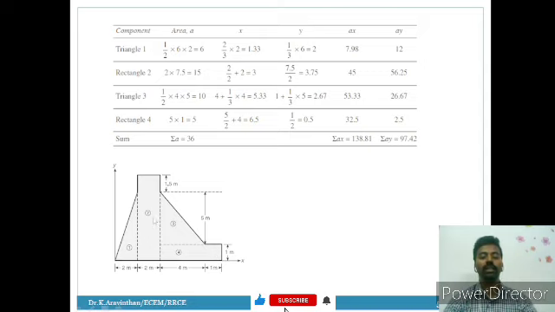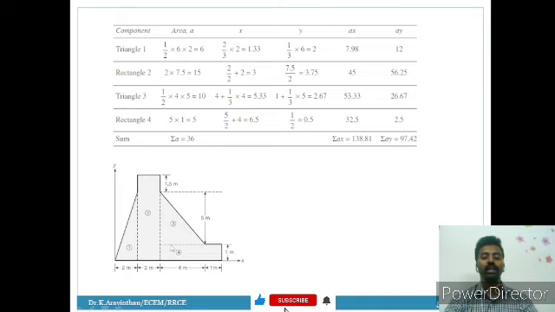Next one, the third triangle, which has a base dimension of 4 meter. From the 0 point, this will be 2/3 and the remaining part will be 1/3. So here you have to take 1/3 of b. What is b? It is 4 meter. So 1/3 of b is 4 meter, and you are adding a 4. What is this 4? This 4 is the distance from the origin. So 2 plus 2 is 4 here.